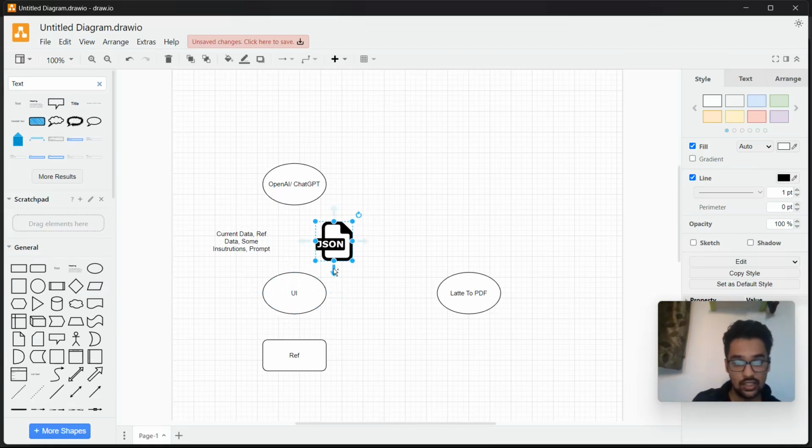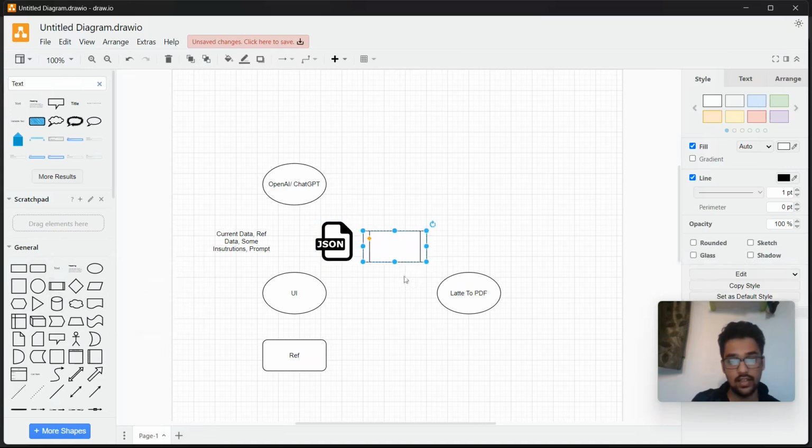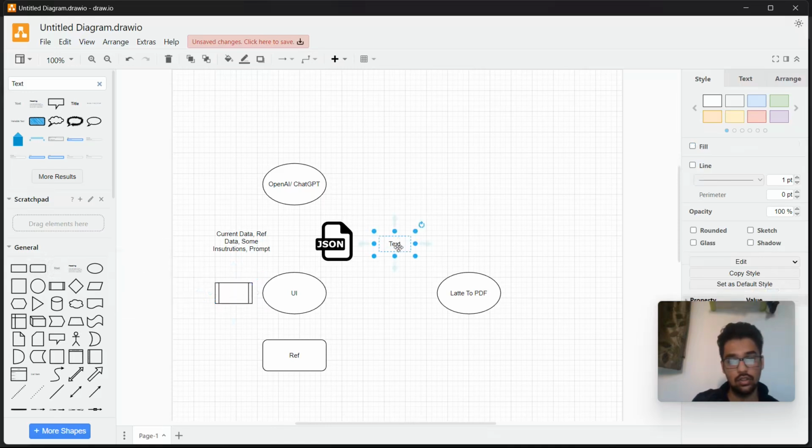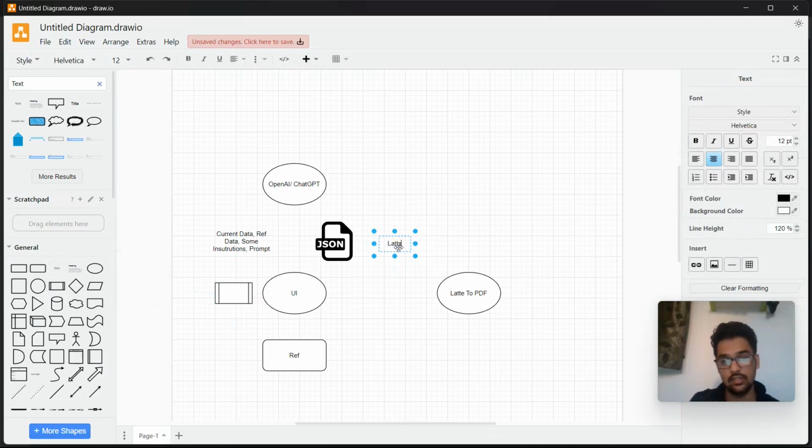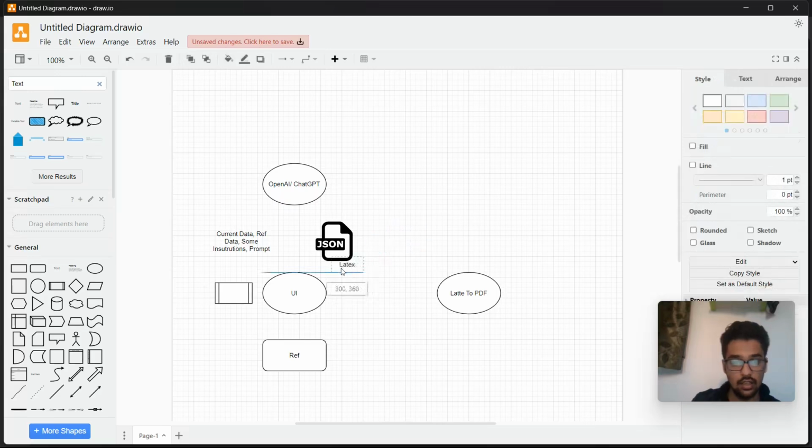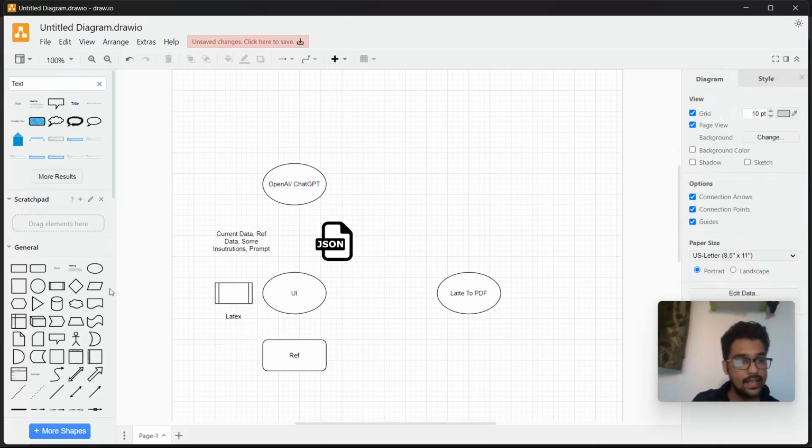So once the JSON is received by the UI, it makes changes to the current data. There are templates that are also received from the backend. So it injects this JSON into the template, and the template basically produces something known as LaTeX. The UI takes this LaTeX